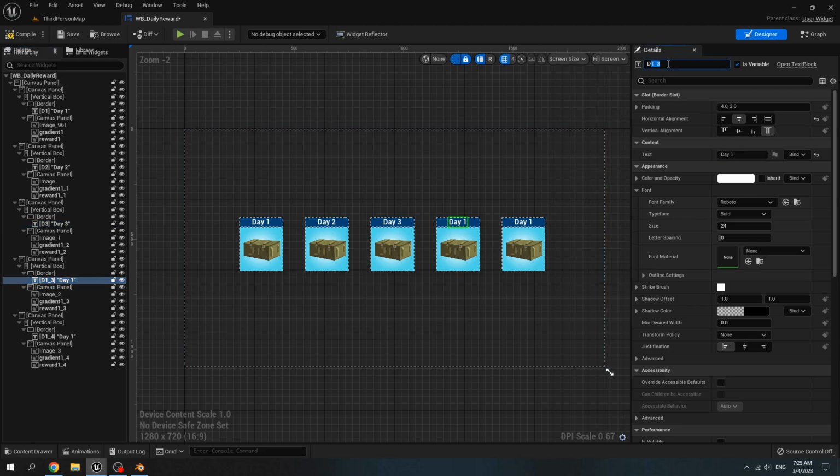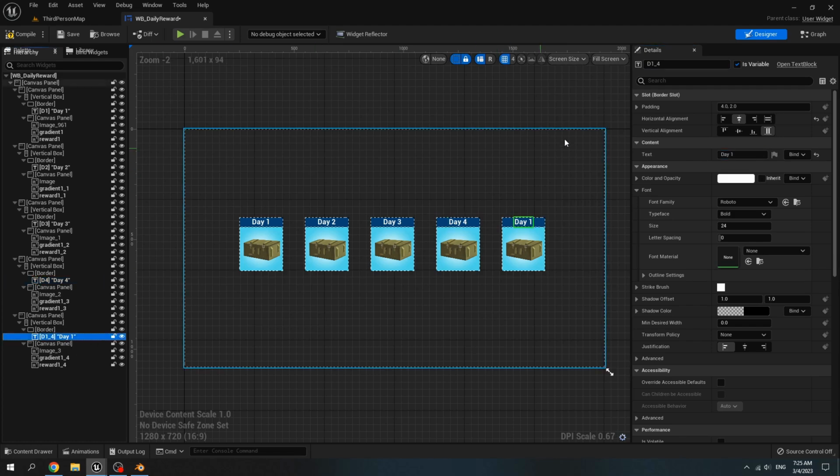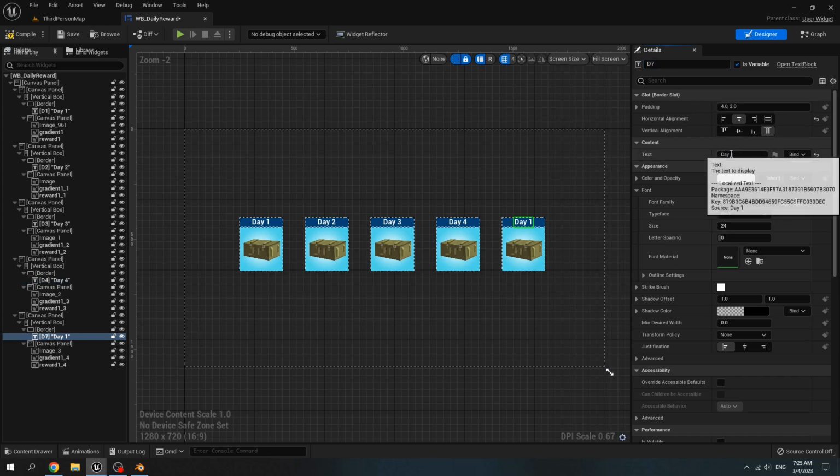Rename it to D4. Text is Day 4. Rename it to D7 and text is Day 7.